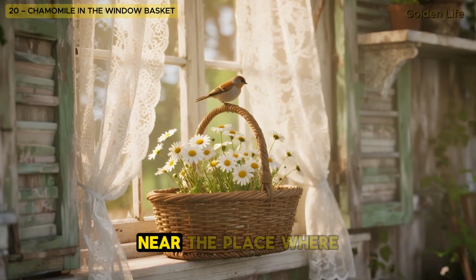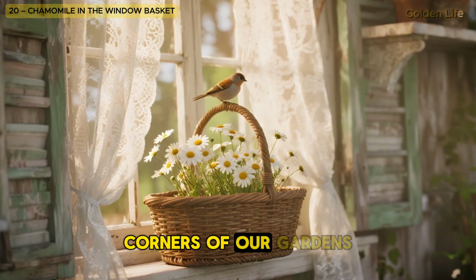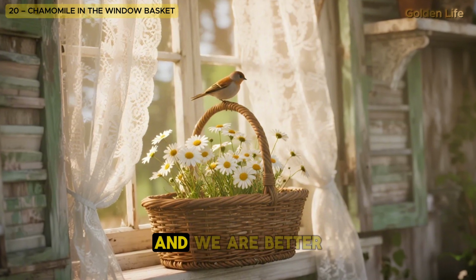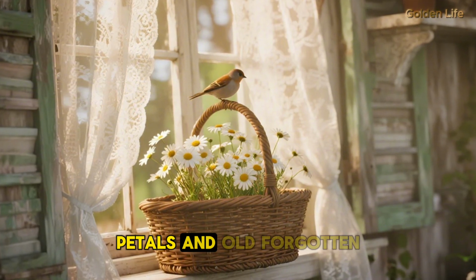So let it bloom near the place where you look out at the world. Let it guard the threshold with grace. Because in the quiet corners of our gardens and of our lives, gentle things still stand watch, and we are better for them. And here we are, at the end of our quiet stroll through pots, petals, and old forgotten